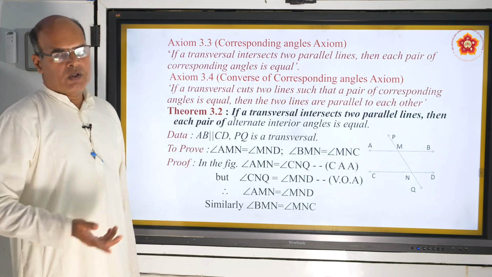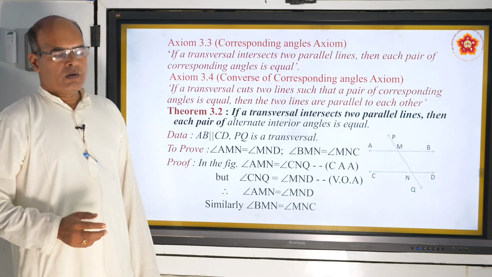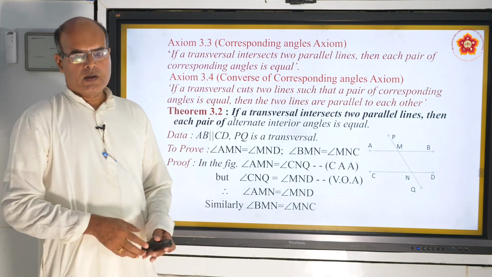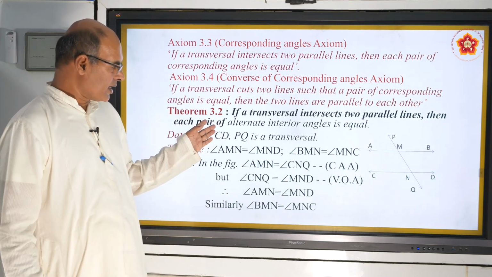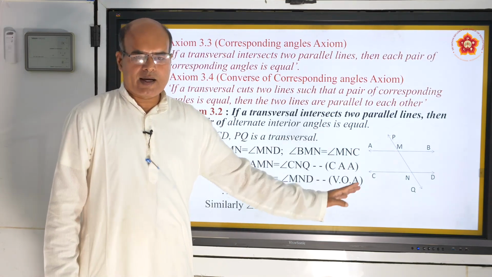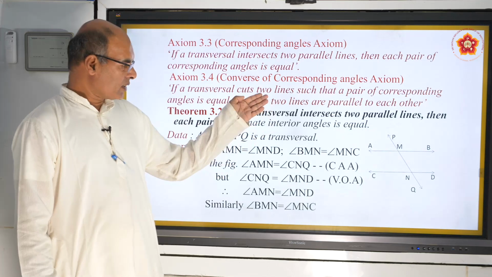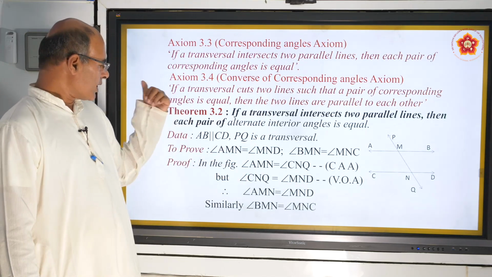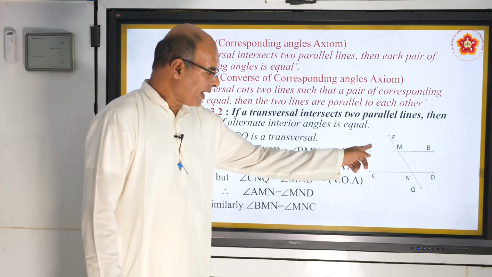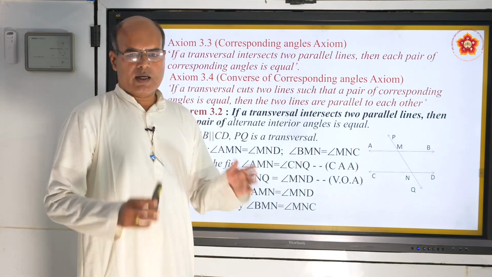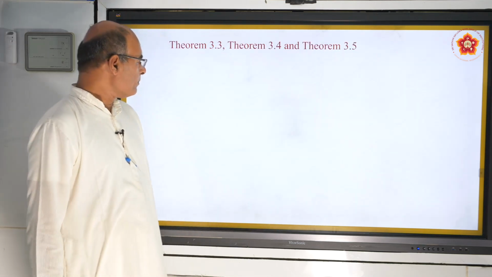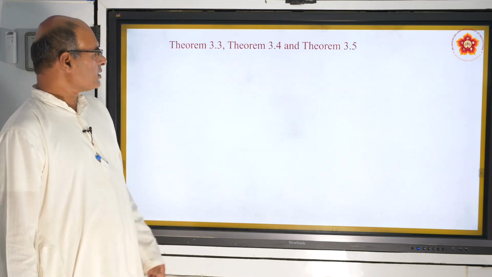What may be its converse? So we have to interchange the hypothesis part and the conclusion part. Here the theorem says if the lines are parallel, then the alternate angles are equal. So its converse, that is theorem 3.3, is: if the alternate angles are equal, if you know that a pair of alternate angles are equal, then the lines are parallel. So theorem 3.3,